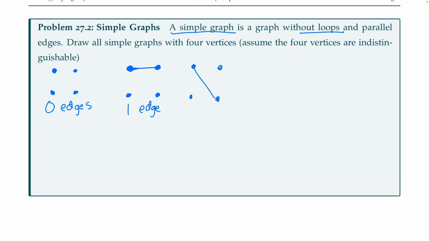If I switch the order of these two here, you can think of these as being a little bit like pegs in the ground, in the sand, with ropes between them. You can pick up a peg and put it anywhere else you want, okay? The rope is still connected to it, and you can walk around those pegs on the ground. So it doesn't matter which way I'm looking at it. We want to get different things, basically. So we class a graph as being different in this case